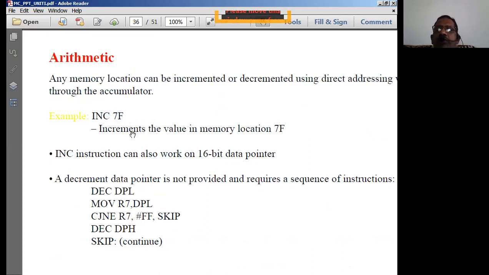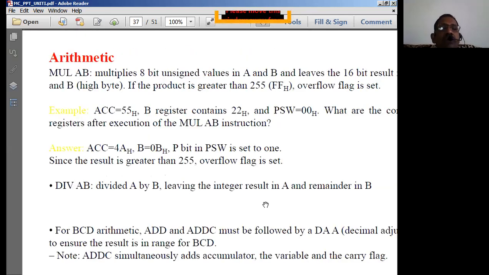So one operand is required to increment. We don't increment two register contents or two data values simultaneously. So one more arithmetic instruction is increment, which requires only a single byte instruction for us. And similarly, we are going to have the